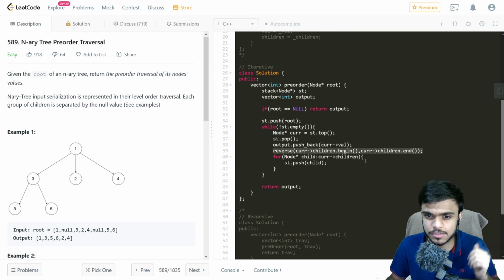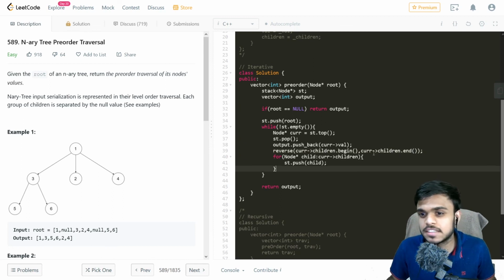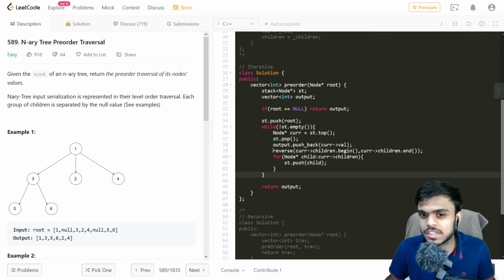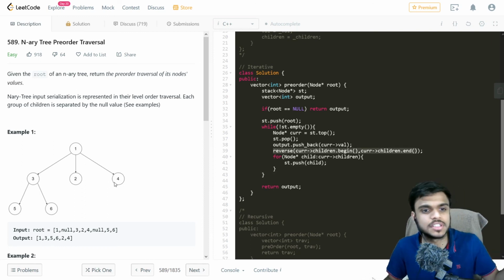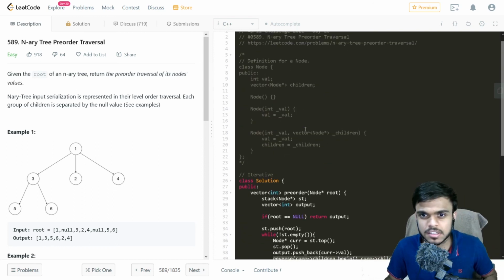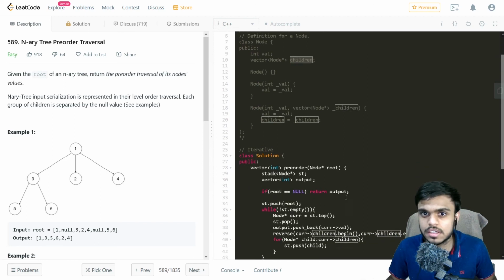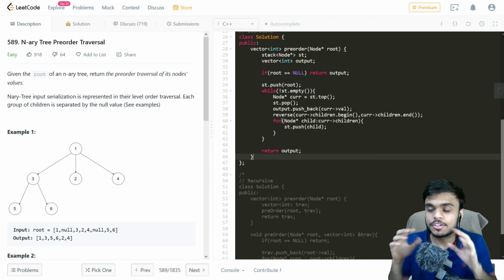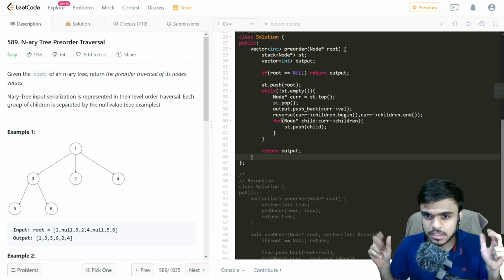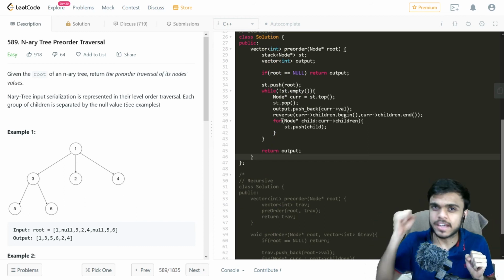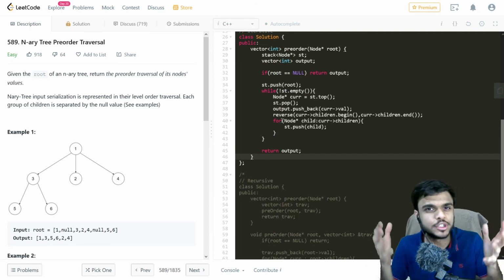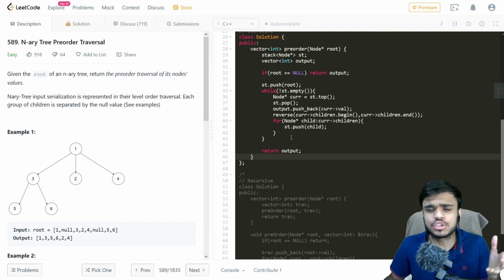I'm using the STL function reverse, which takes the begin and end pointers of whatever data structure we need to reverse. So I'm reversing that particular children vector in our node, and then we proceed further. After reversing that vector, we take every child of that children vector and push it into our stack. That's all we need to do.